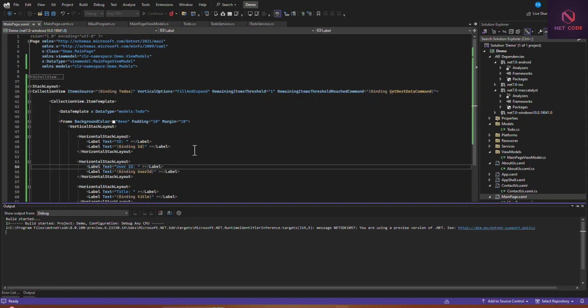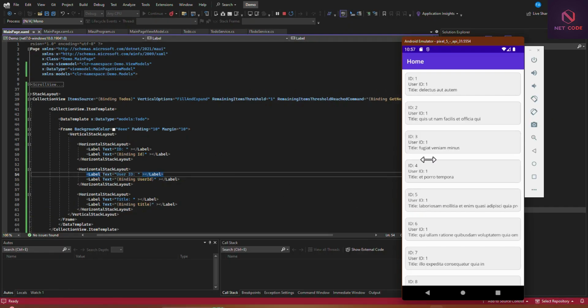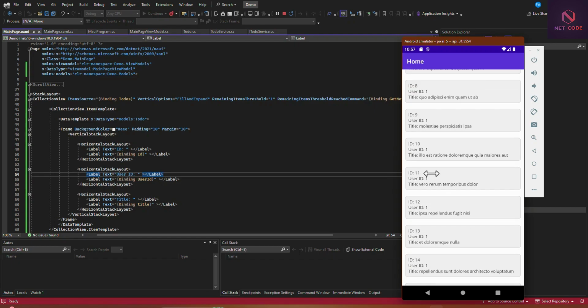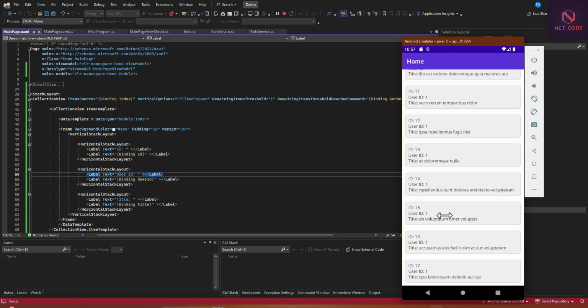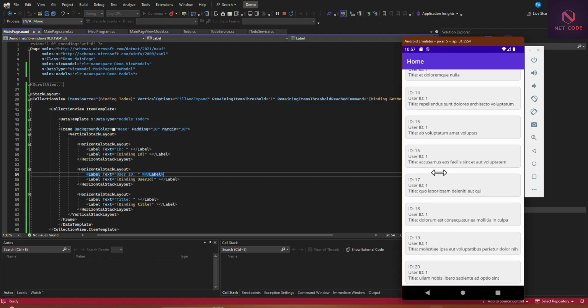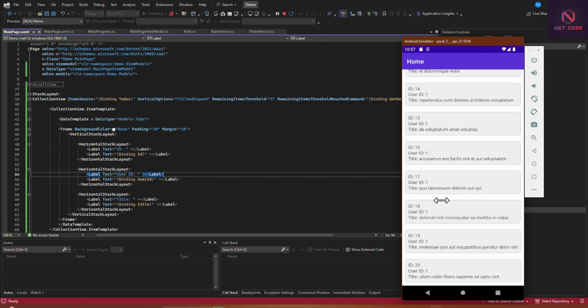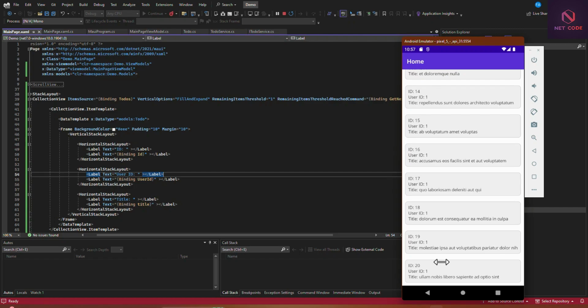Alright, so our page is now loaded 1 up to 20. So now let's go. Now as soon as we get to 20, we are expecting to get a new set of data. So this 20. So when we hit this 20, we have to get the next data. And as you can see, the command is not working. Let's set a breakpoint and see. So we go to our to-do list.